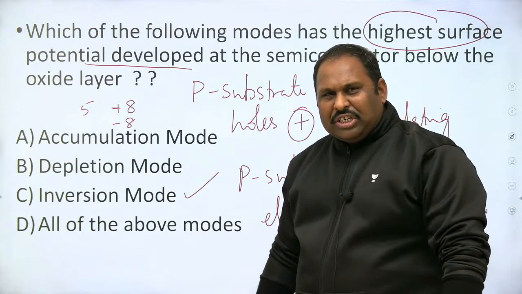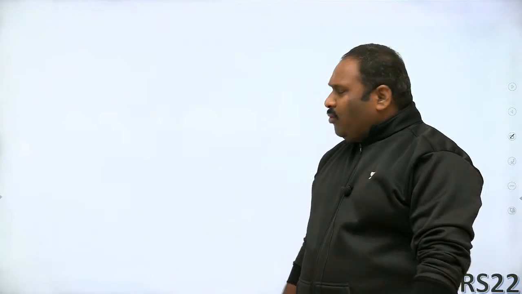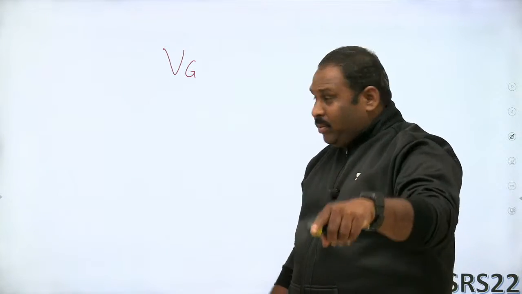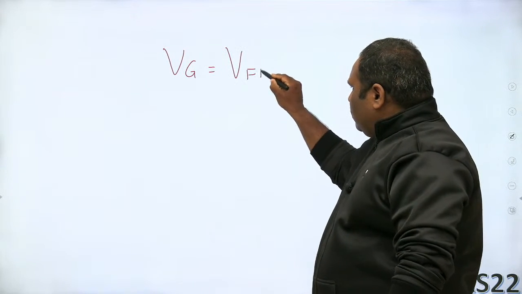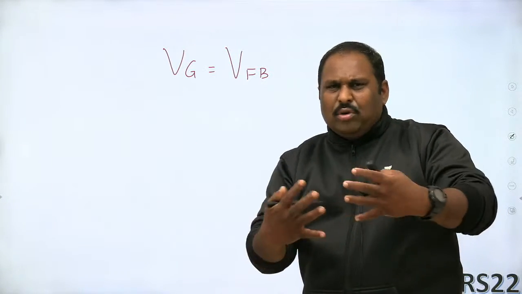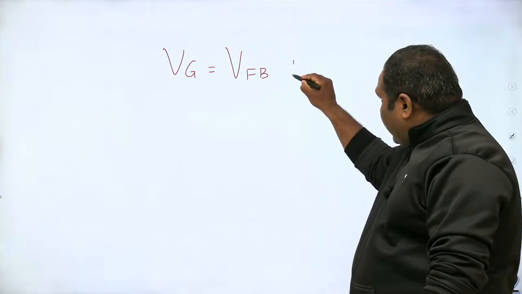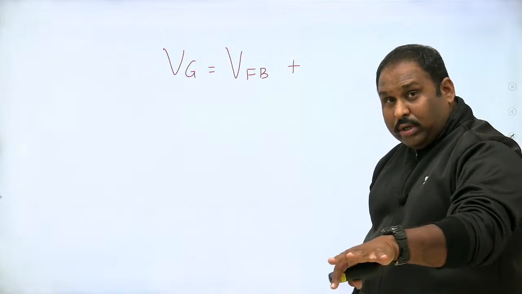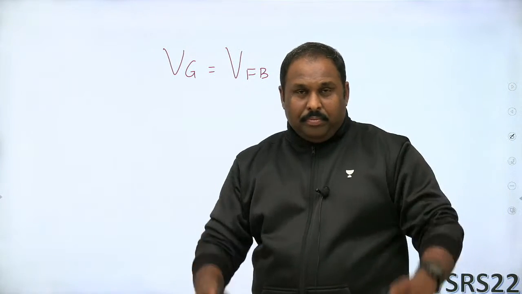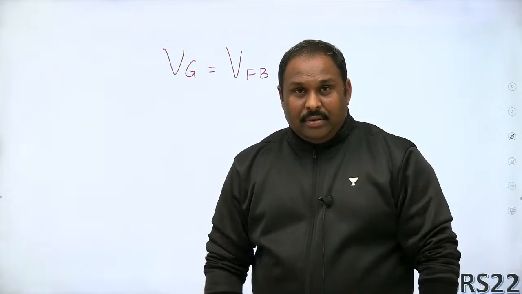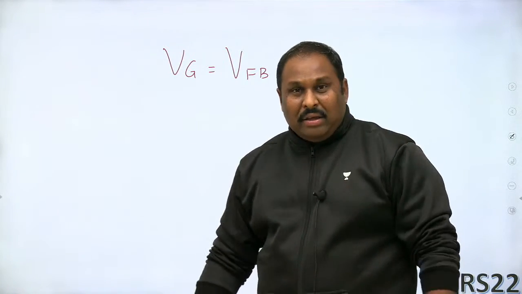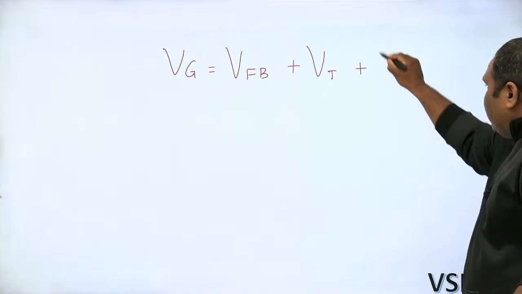तो यहां पे आपकी गेट वोल्टेज किस किस में सप्लाई हो जाती है? What all will consume your gate voltage is, यहां पे आपकी जो गेट वोल्टेज है, it is consumed in the flat band voltage. तभी तो दोनों लेवल्स विल बी सेम. जो भी बिल्ट इन है उसको तो ओवरकम करना ही है. प्लस यू शुड ऑल्सो गिव ए मिनिमम थ्रेशोल्ड. तभी तो ये सब फॉर्म होती है, चैनल बनती है, इन्वर्शन होती है. थ्रेशोल्ड तो मिनिमम देना ही है, which is certainly greater than your flat band, plus something across the oxide layer.